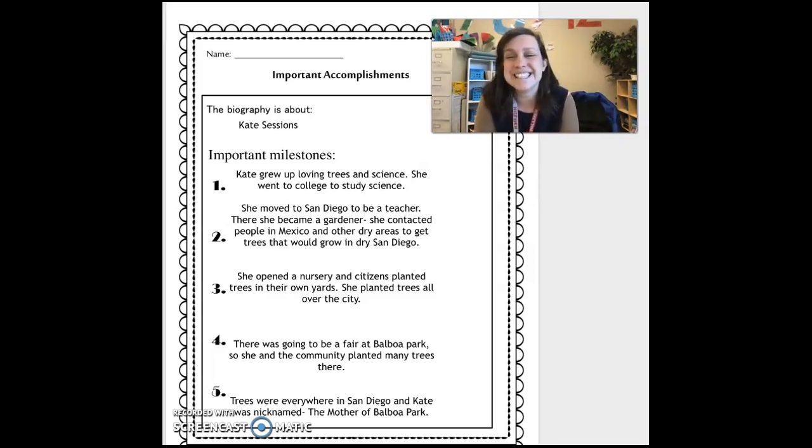Okay, so what I want you to do next is you can use this form that I shared with you in Seesaw, and I want you to head over to Epic, and you can read about any person that you'd like today. I've shared a collection of biographies with you that have all different types of people. So go ahead and pick somebody out that's interesting to you, and then read about them, and ask yourself, what are the important events or milestones in this text?